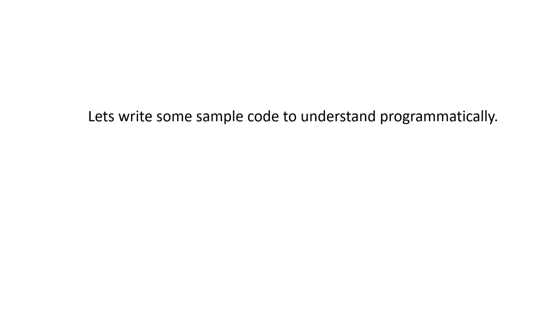It also merges the values for each key using an associative function and a neutral zero value which may be added to the result an arbitrary number of times and must not change the result, like addition. If we are performing addition, we will add 0, because however many times we add 0, the result will be the same. Similarly, we will use 1 when we are performing multiplication. In such a case, however many times we perform that operation with 1, the output will be the same. So let's write some sample code to understand it programmatically.